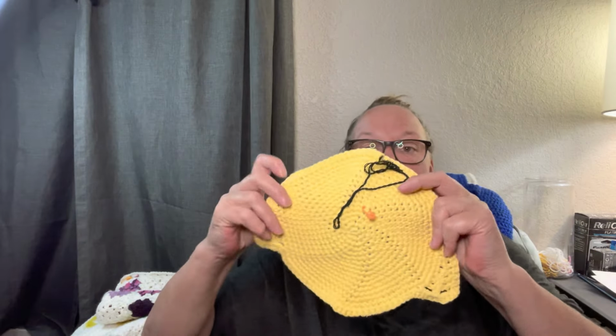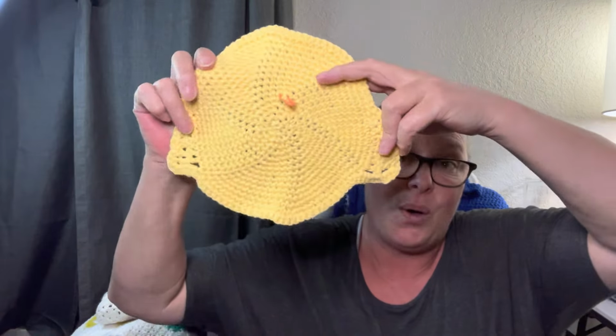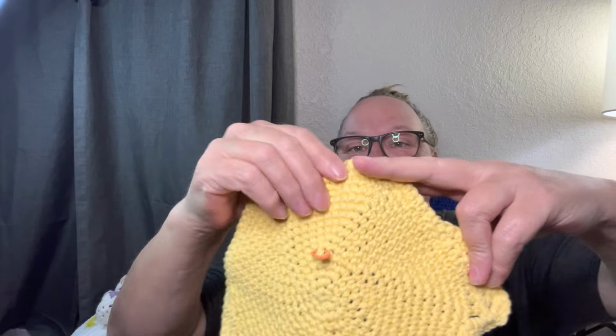And I have the whole chick, oops, embroidery floss. And I have the whole chick done. So I will be